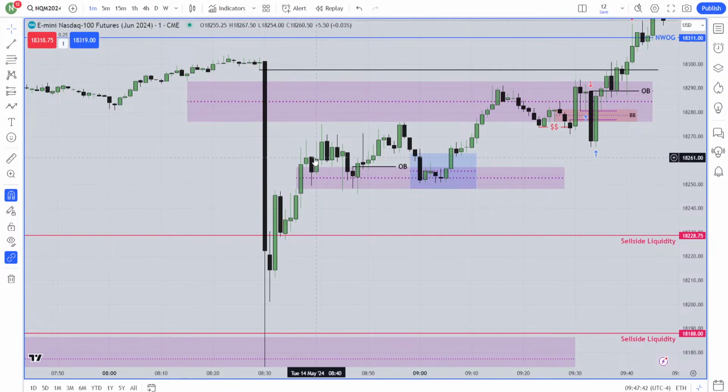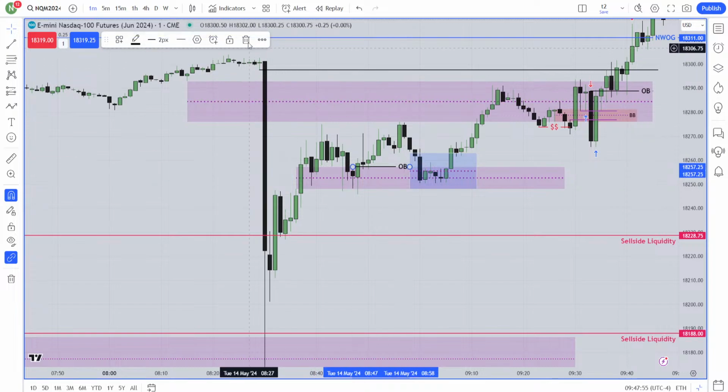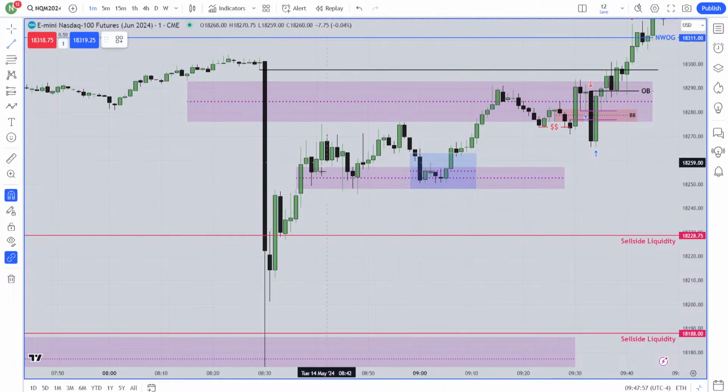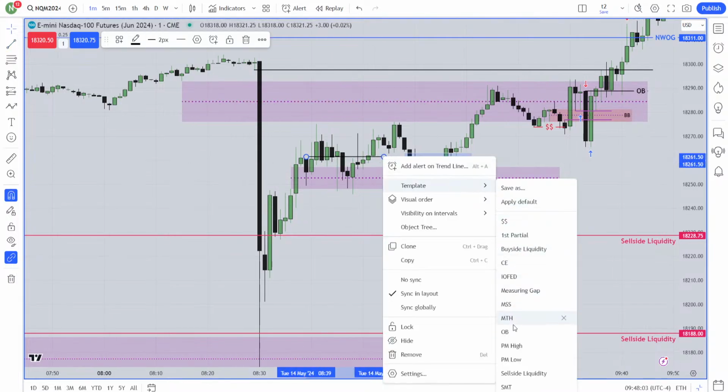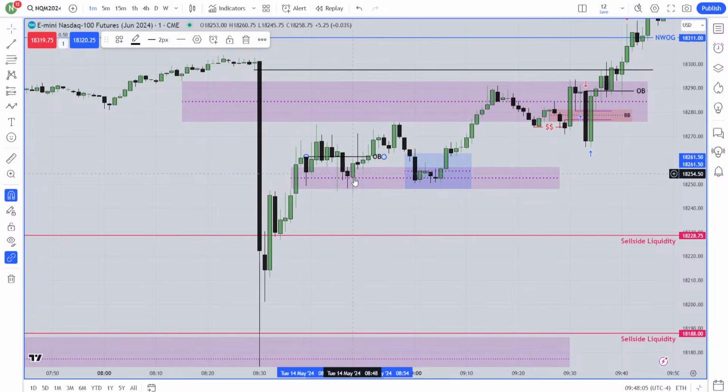Market structure shift, parabolic gap. Price traded the parabolic gap, then went a little lower, traded the order block, went higher, then came back lower again. Around this area, where is exactly your order block? Your perfect order block is over here. That is your order block. This is the order block. When the market went much lower, then I marked this one. But this is the perfect order block.